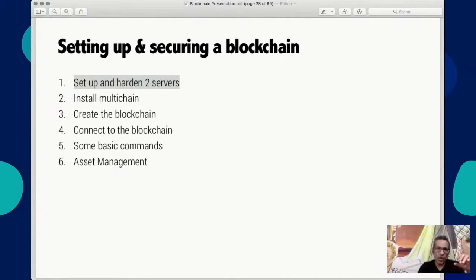So our Genesis block, you remember the Genesis block? The Genesis block is the first block, or block 0. We are going to set that up on the blue one, and then we are going to set up multiple nodes on the green one, which you can connect to.